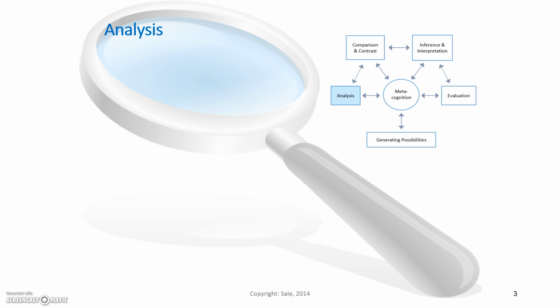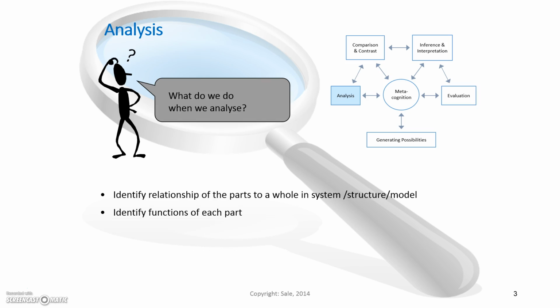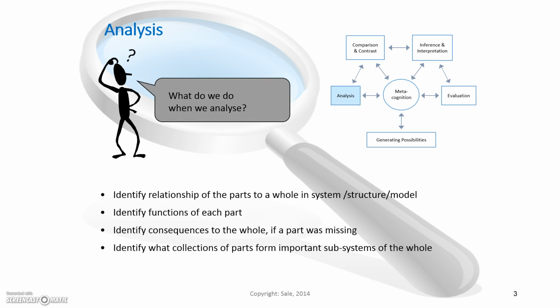A key aspect of critical thinking is the ability to do good analysis. And if you are an engineer in particular, but not just engineering, you'll be very familiar with these things, that we understand how systems work: parts in the system, functions of parts, the relationships between parts, the consequences if a part is missing, and how these things form subsystems and whole systems. And outside of engineering, certainly in the area of psychology, we have situations where parts have a synergistic effect. Classic example is team working. An effective team is more than the sum of the parts.